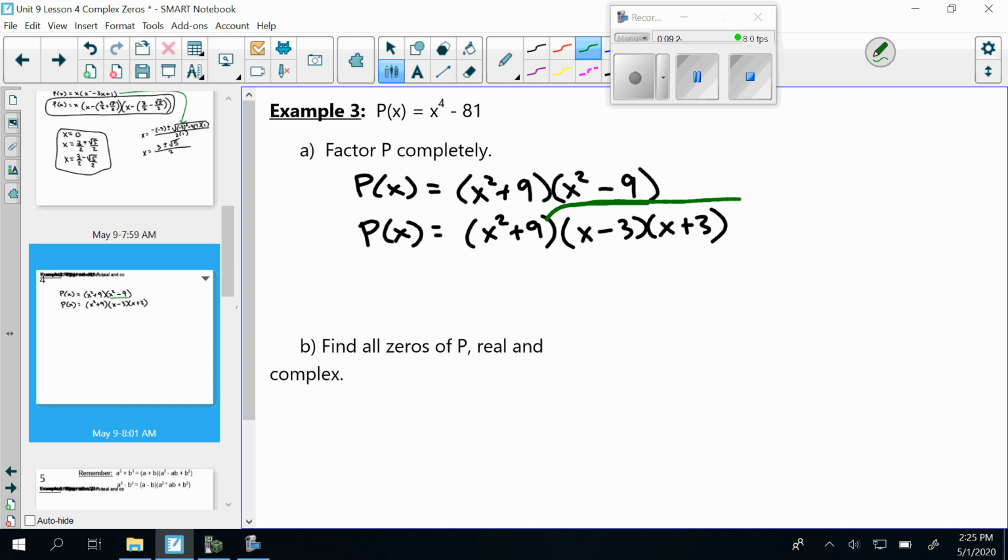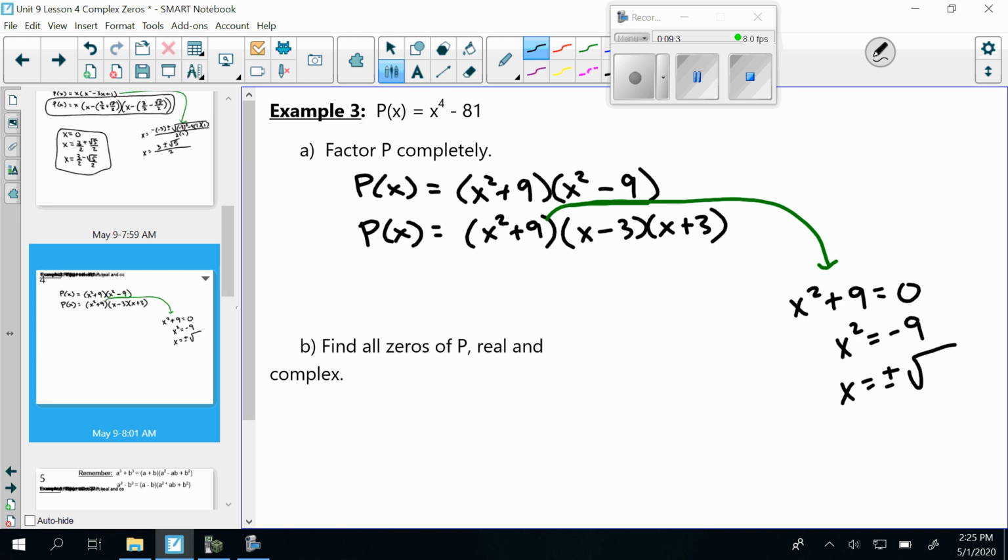So let's see what that one factors or solves to. If we put it equal to 0 and solve it, what do we get? Well, we can minus 9, take the square root, so we got plus or minus the square root of -9, which is going to give us plus or minus, change that to imaginary number, i squared of 9, and then we get plus or minus 3i, because square root of 9 is 3. So our zeros here,